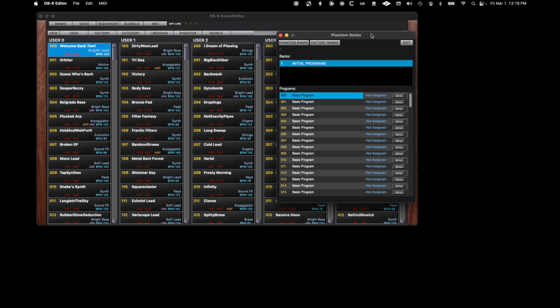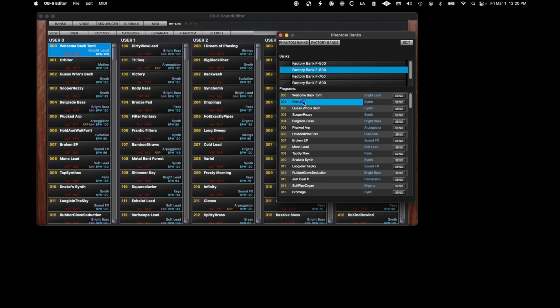You'll also see a button that will show and call up the factory banks. Calling up a factory bank will show you a list of factory programs. Clicking on the Send button will send the program to the synth so that you can audition the sound. But please be aware that this program has been sent to a buffer and has not been saved to the